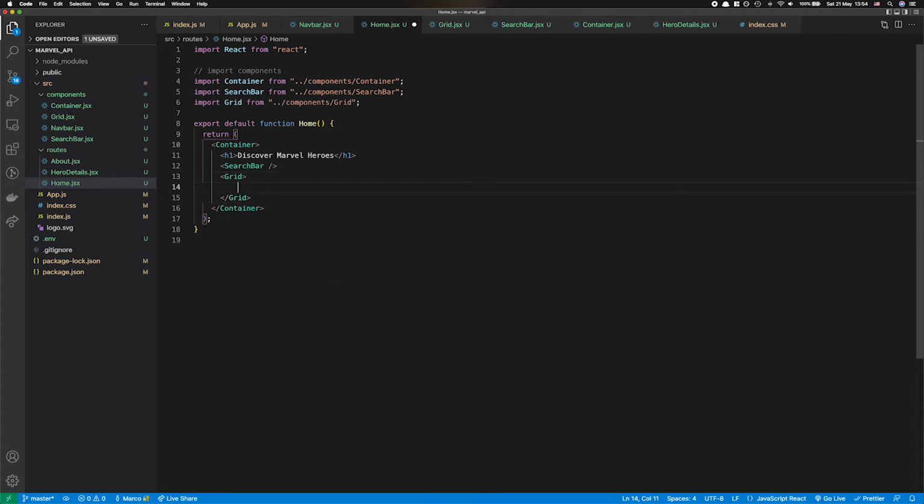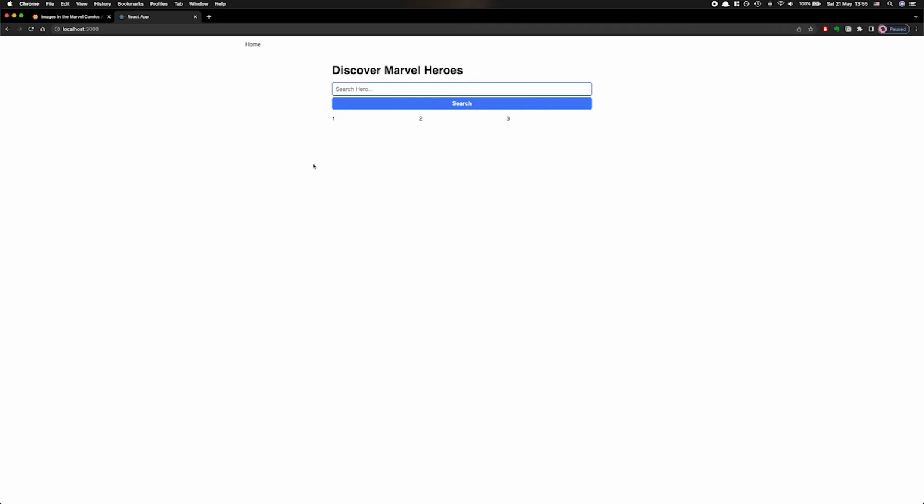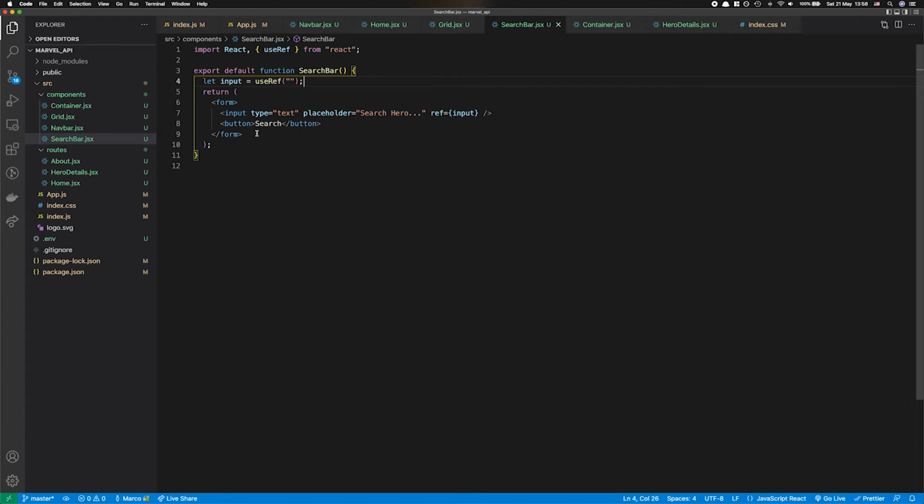Inside I need something, so basically it's children, and I can create whatever. I'm gonna create some divs, and you can really create whatever you want. Everything inside this grid is gonna be shown with a grid layout. Like this, 1, 2, 3. Yeah, very, very interesting. Now back in the search bar, because now that I have basically my home built out,